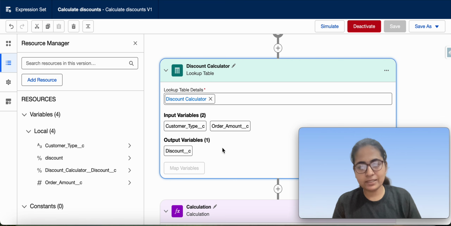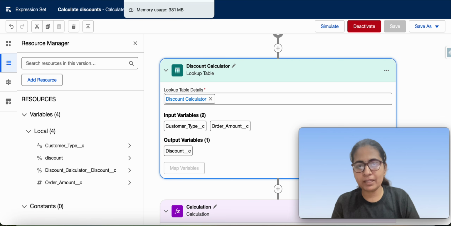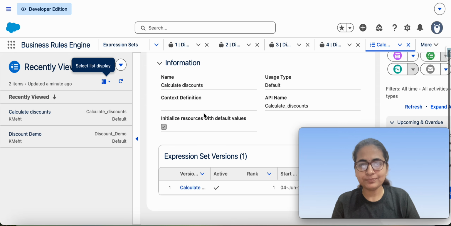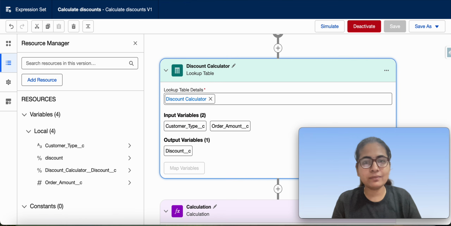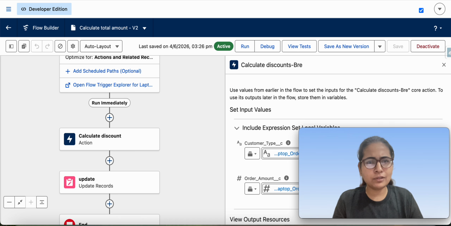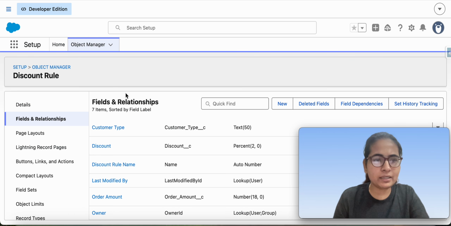It takes the same two inputs. This is the same lookup table that was called here, and where it has gone, let me open it quickly.